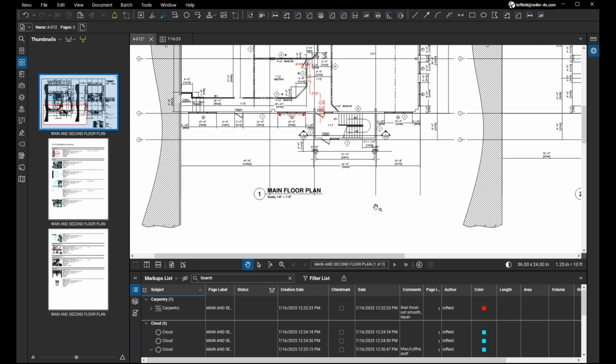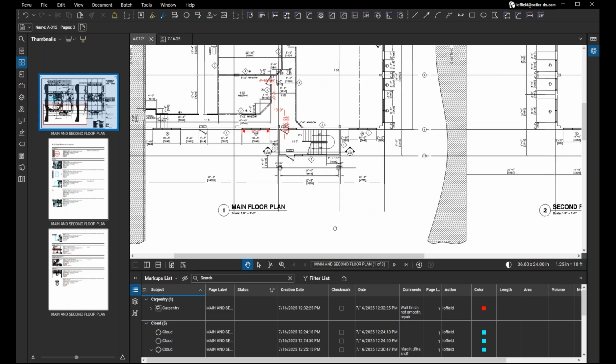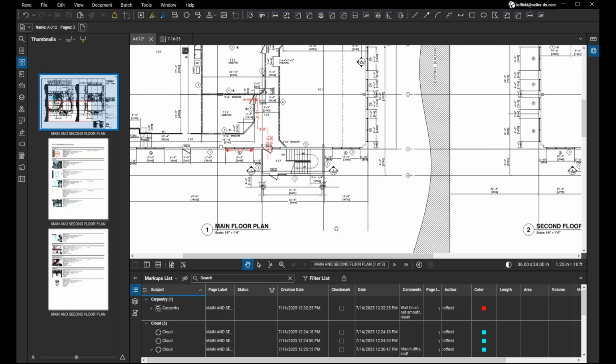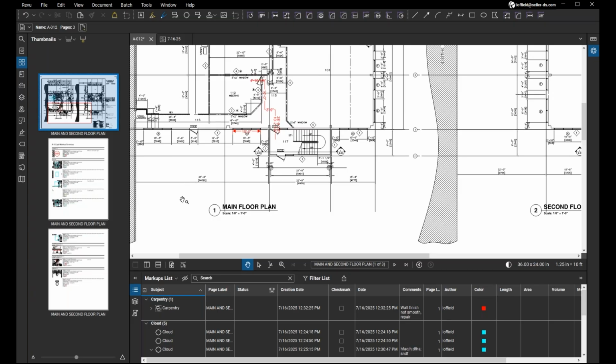One of the ways that I know is rather impenetrable as far as locking down a PDF so that no other changes can be made to it